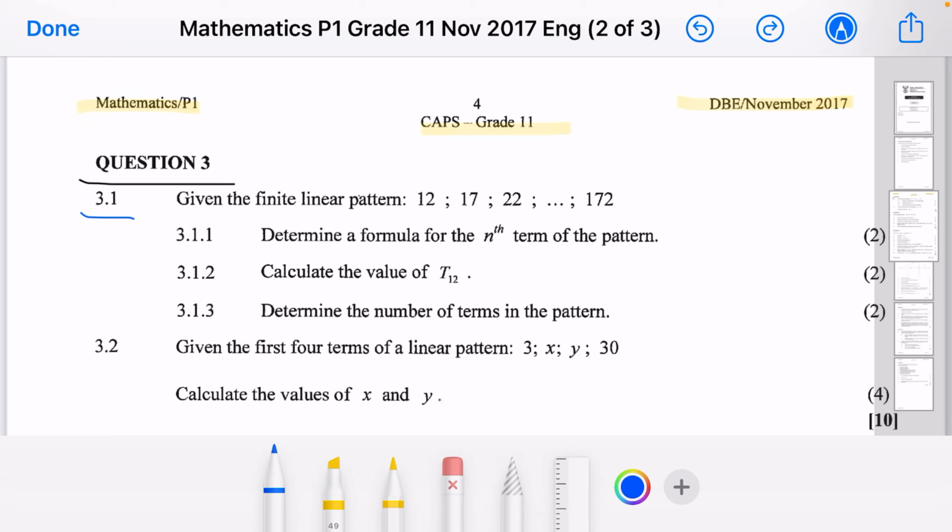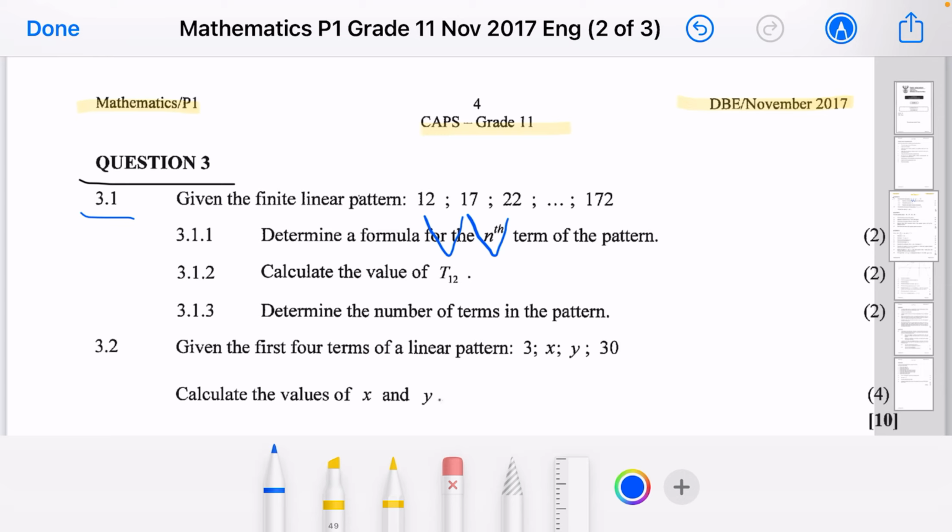Obviously, we want to know what is the difference of the second and the first term. Okay, what is the difference of the third and the second term? Massively important, ladies and gentlemen. So if we find the common difference, then it means it is confirmed that it's an arithmetic or a